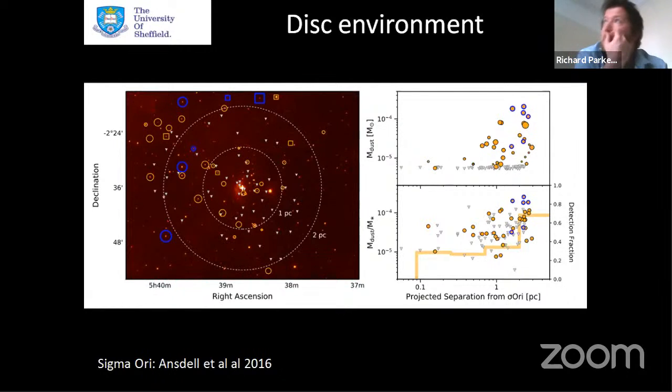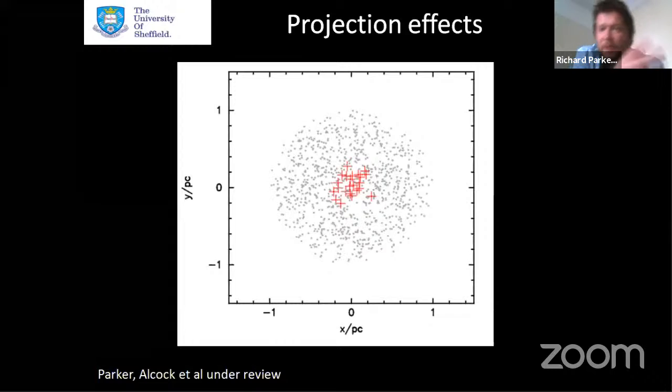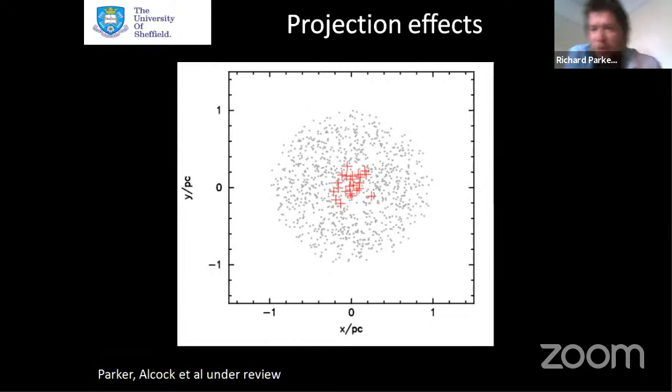So this is an established idea that the further you are from the ionizing source, the more massive the disk is likely to be. I just want to throw a little bit of water on that fire in the following slides, and talk about the perspective of someone who just works on star cluster dynamics. The first thing you've got to realize with these plots is that they're 2D projections of a 3D